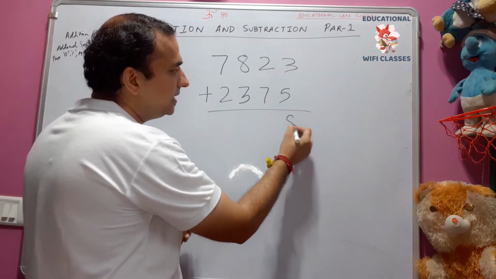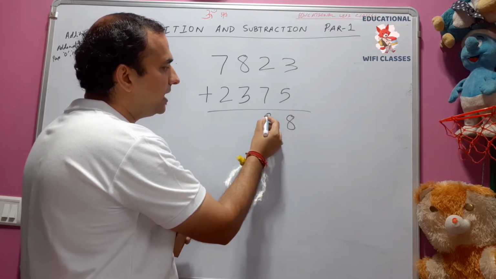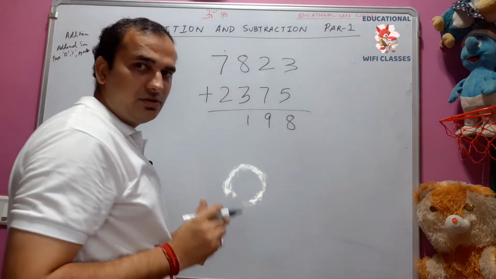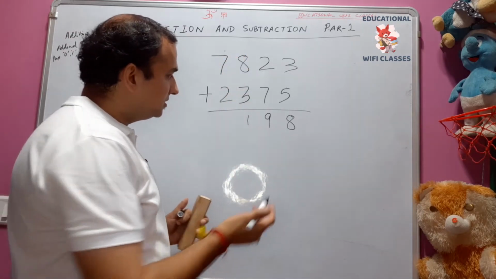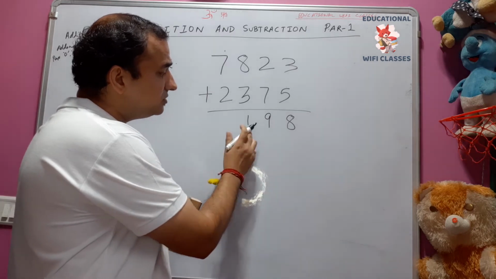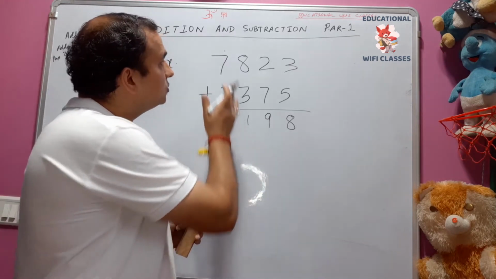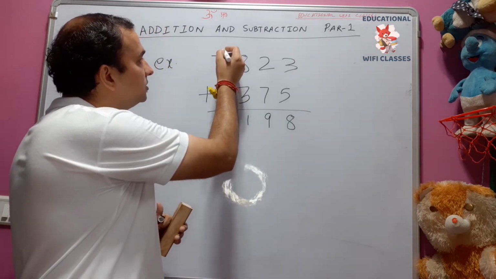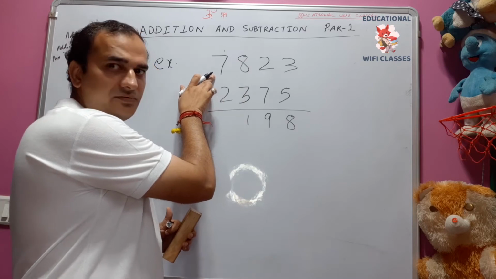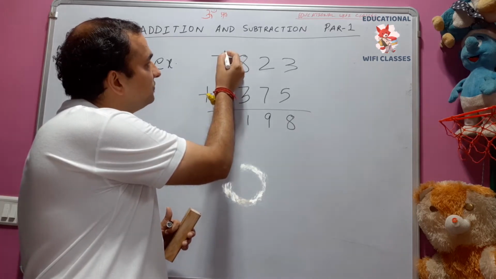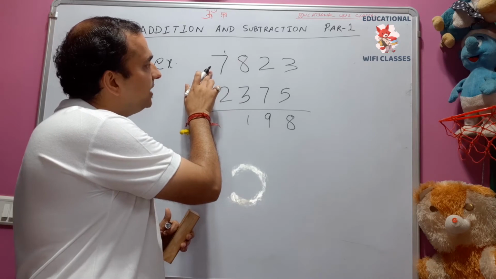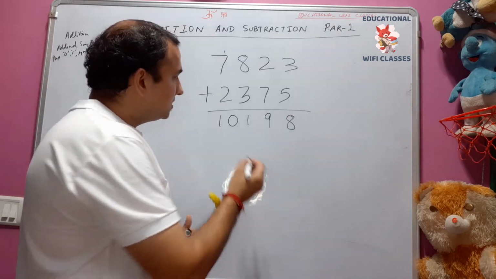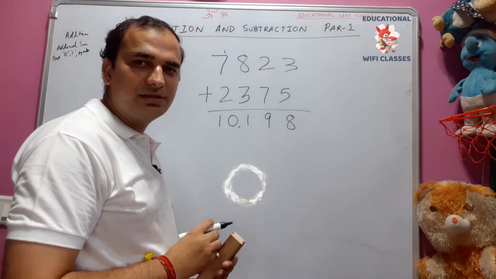5 plus 3 is equal to 8, 7 plus 2 is equal to 9, 8 plus 3 is equal to 11, carry 1, because whenever you are adding and the answer comes in double digit, the units place value comes in the bottom and the tens place value goes to the next digit. So when we are solving this side, we will add the number which we have carried over. So we have carried over 1 plus 7 is equal to 8, 8 plus 2 is equal to 10. So we get this answer. This is a little bit bigger one, but this is just an example.